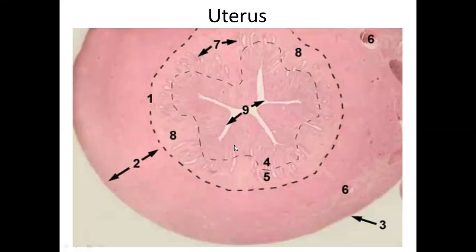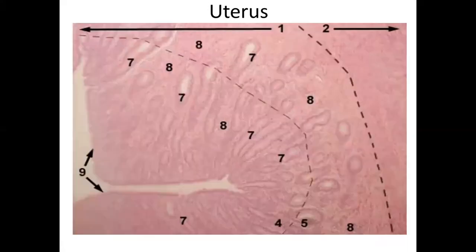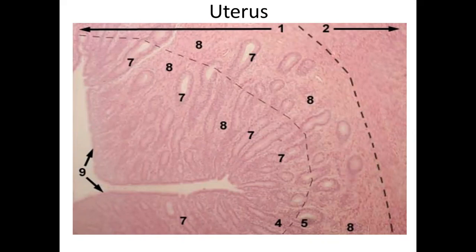And then the outside, pointed at by area 3, is the perimetrium, the equivalent of tunica serosa. Now, if you look at the endometrium clearly, which is covered by arrow 1 and separated by the myometrium, indicated by arrow 2 with a dotted line, you can easily distinguish between the two layers. We were discussing lastly that the endometrium is divided into two layers: the functional layer, which is the more superficial layer, and then the basal layer, which is the deeper layer.